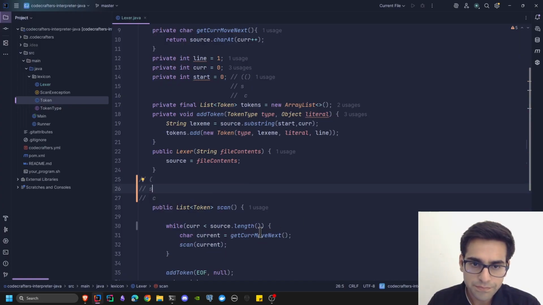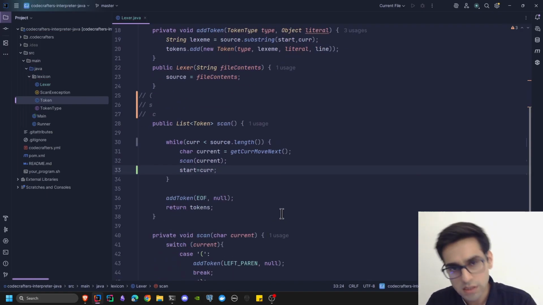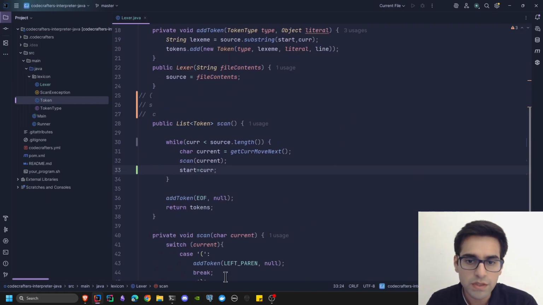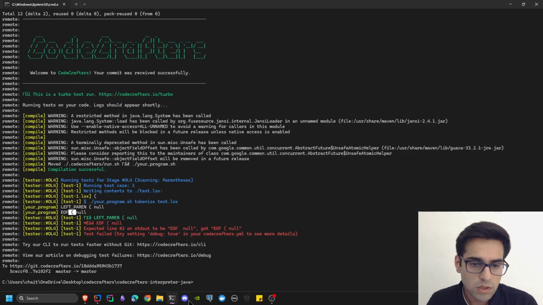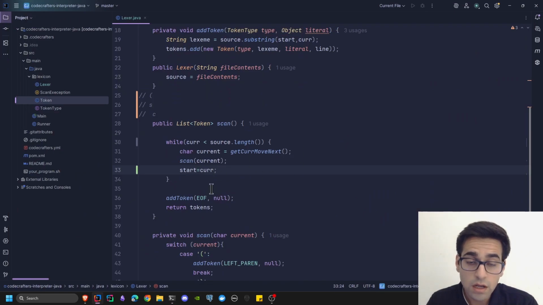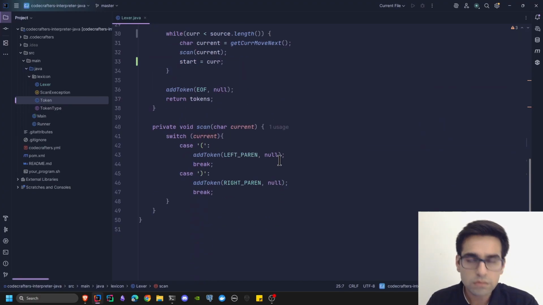So after we scan a character successfully, we should increment S to C. So start should now be at C. If you have scanned this token successfully, start should move forward to the starting of the next token. So if it were a multi-character token like for, so